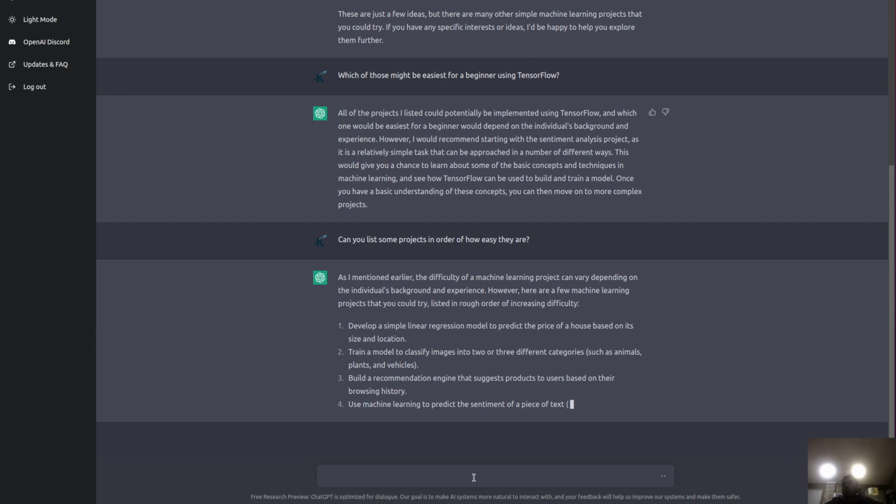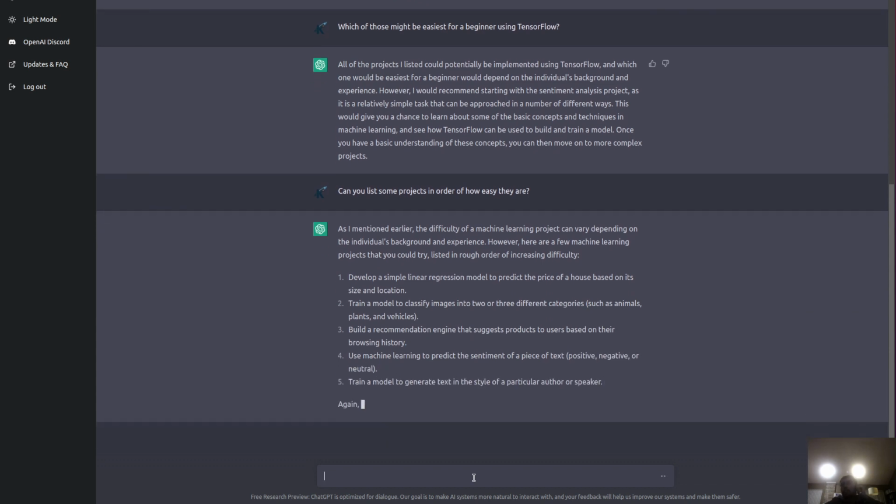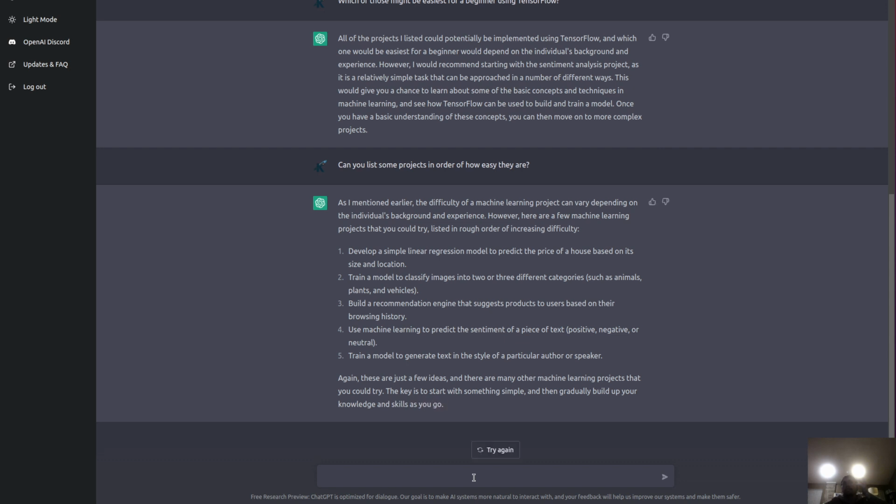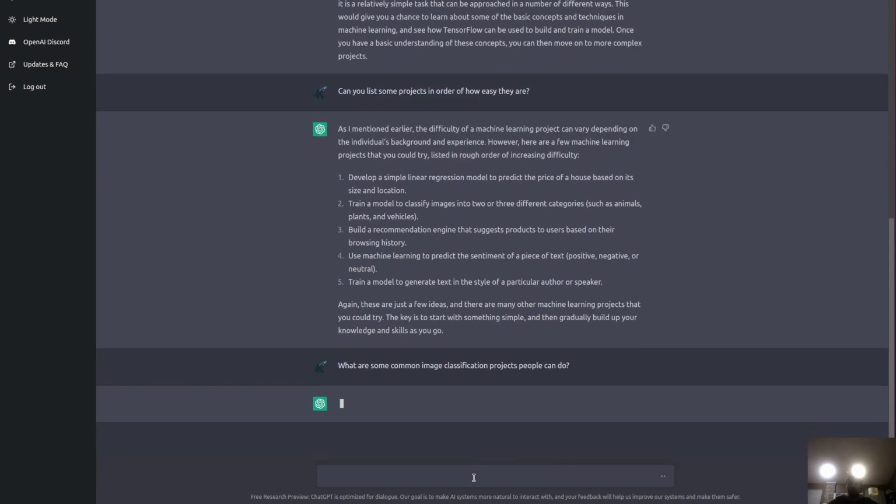Linear regression for price. Okay, so it kind of already did this. Last time it actually was very quick to suggest doing something like MNIST. What are some common image classification projects people can do?